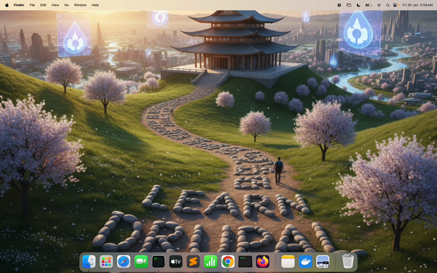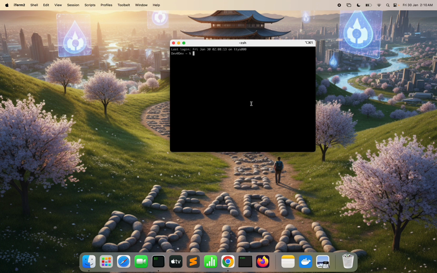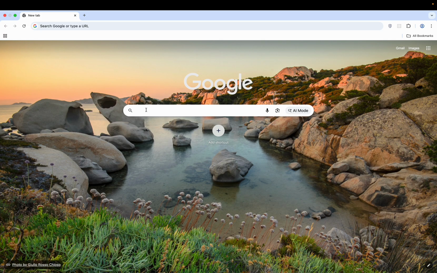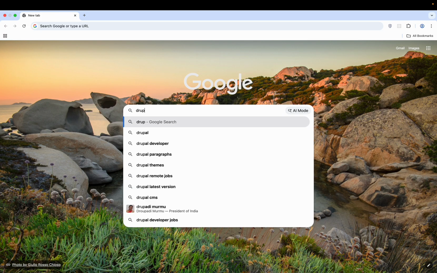to Drupal Learn. Now that Drupal CMS 2.0 is out, let's check out its new features. Let's go ahead and fire up the terminal. I'm using ddev in Colima, so let's start Colima. Meanwhile, let's launch the browser and search for Drupal